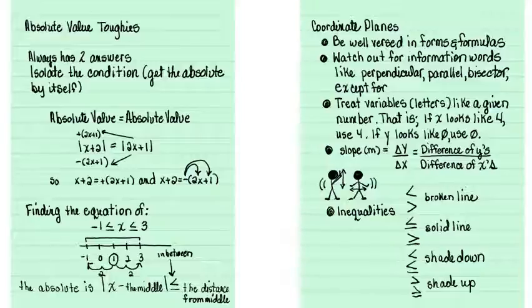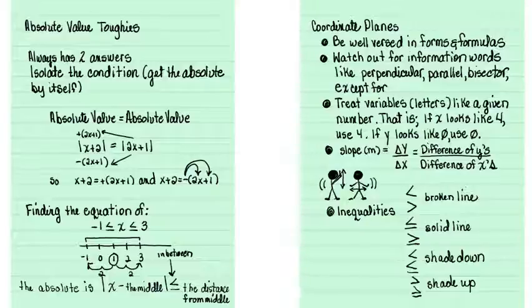When you have to find the equation of an absolute value, notice that the x here is in between. So what you do is basically you look for the middle number because that's replacing 0 on a number line. It's just a shift to the absolute value here because things are being added and subtracted or multiplied to it. So you look for that middle number, and inside the absolute value, it's always going to be x minus that middle number. The less than, of course, tells you that it's in between, and then it's the distance from the middle,